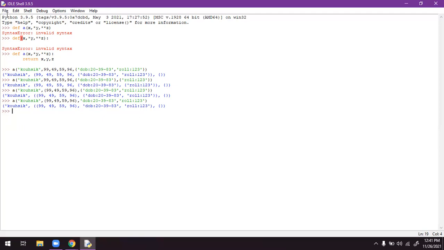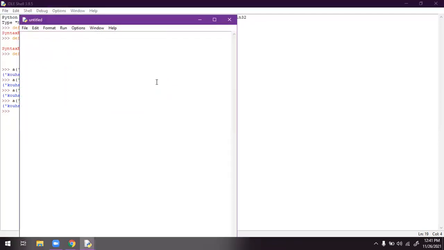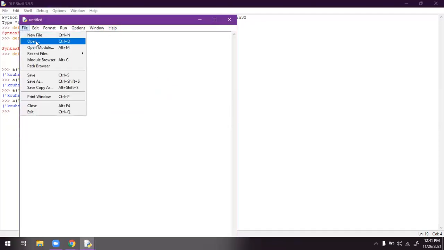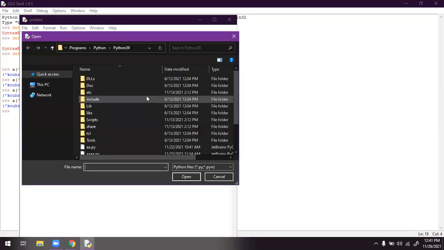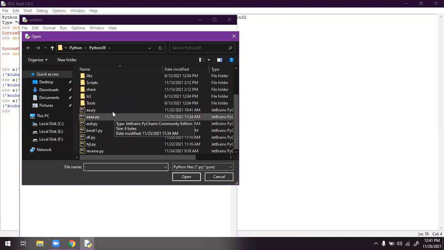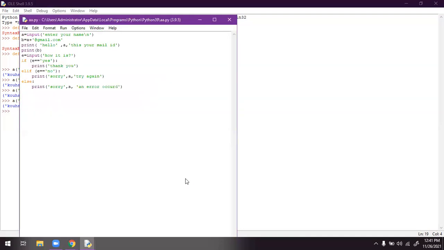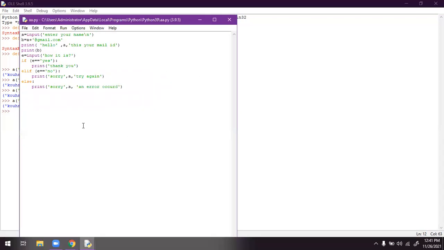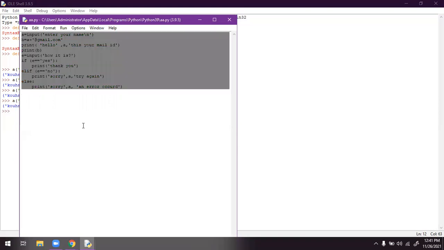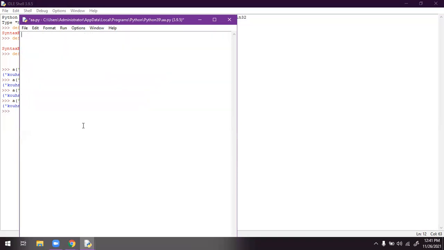Let me take an example. Let me open it. This is the previous program. I'm removing this. So I'm writing a Fibonacci series.